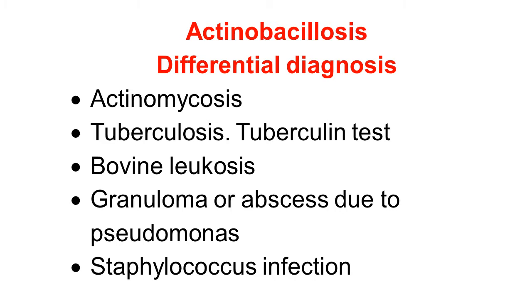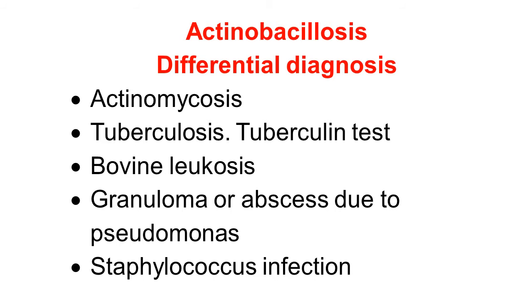Here we will discuss differential diagnosis of actinobacillosis. The actinobacillosis type of abscess of the subcutaneous tissue and lymph node and tumorous growth or granulomatous growth like lesions are produced by many diseases. We have already seen actinomycosis, the similar lesion. But in actinomycosis, the sulfur granules are comparatively large and more of granular tissue and tumorous.